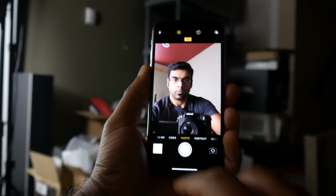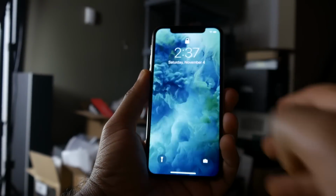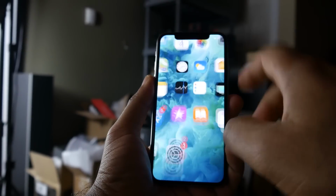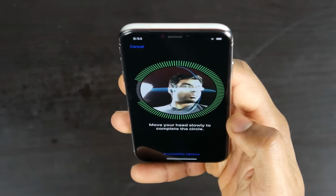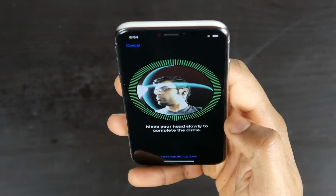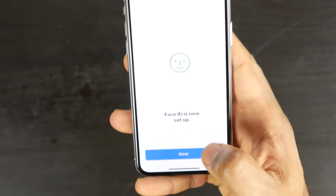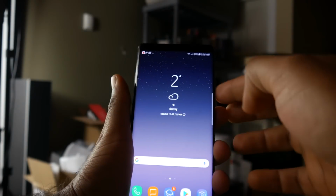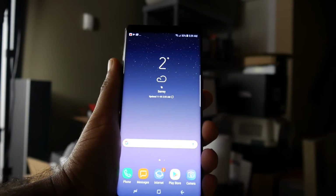Now, the first thing we're going to take a look at is the speed of the unlocking process using the facial recognition technology that's built into both of these devices. Both the iPhone and Note 8 have a whole array of different sensors to detect your face, including the actual physical front-facing camera, IR sensors, and a couple of different dot matrix systems to analyze your facial patterns. And in normal well-lit lighting situations, you're not going to find any major differences between the two,